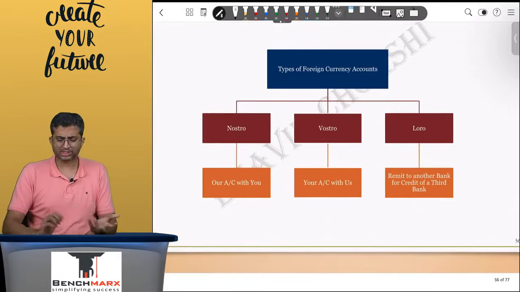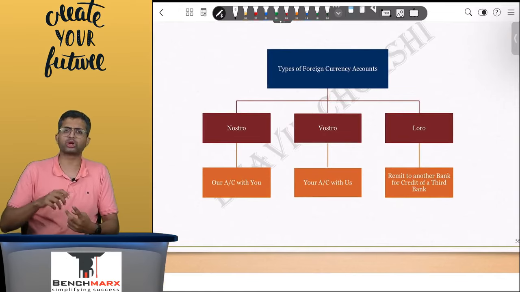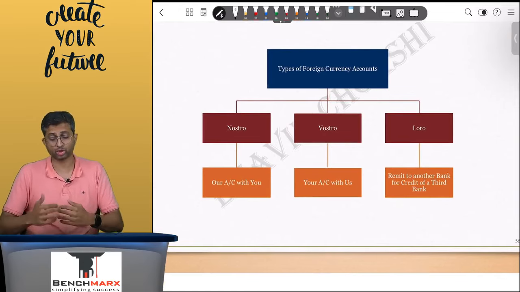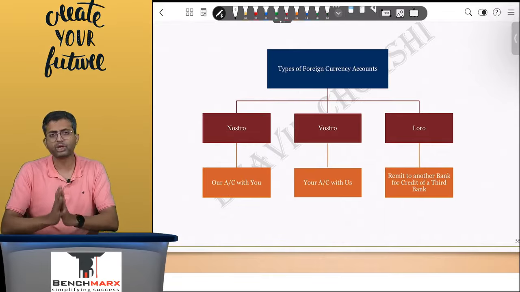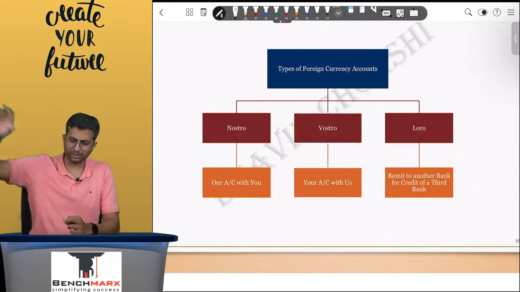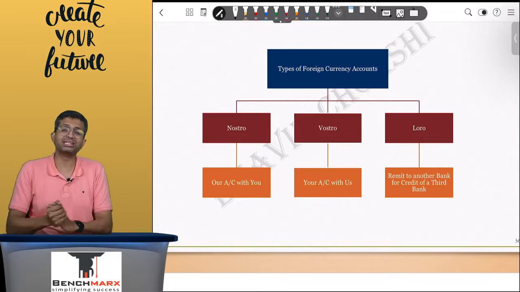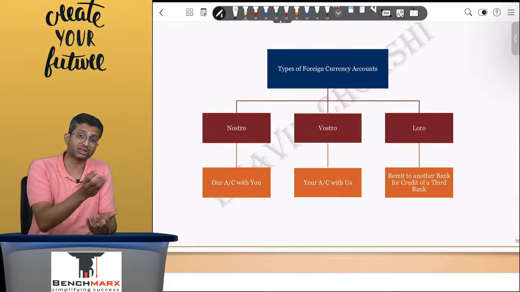There can also be questions involving foreign currency accounts. There are three foreign currency accounts: Nostro account, Vostro account, and Loro account. Nostro is our account with you, Vostro is your account with us, and Loro is your account with a third party. So the questions that might come is you might be asked to calculate the cash balance or